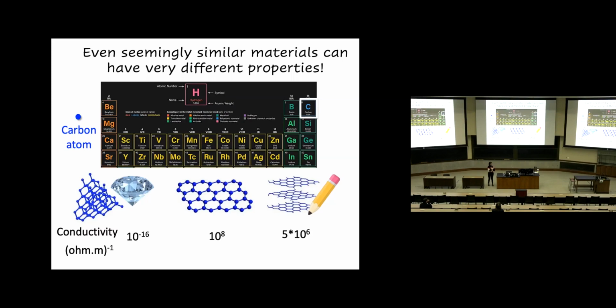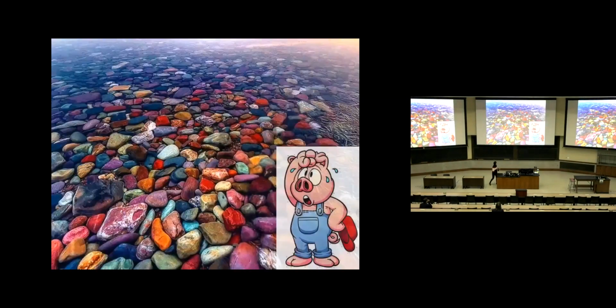Okay, it's the atom type, and it's also the geometries and all that. So this is actually very formidable, because as a person who wants to understand the properties of all these materials, there are so many of them. And if there's no simple rule that I can try to connect, to try to relate them and understand their behaviors, it sounds like the only way I can go about it is to look at them one by one. Okay, there's no other way around. I can only look at them one by one.